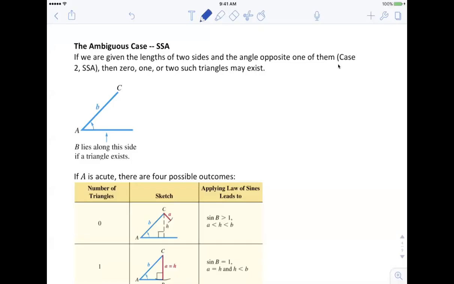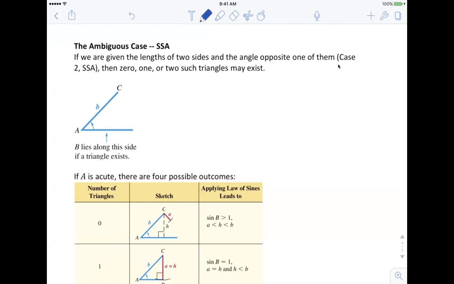Hey everyone, let's continue with 8.1. This is page 4. We get to what's called the ambiguous case. It's the SSA. The reason it's called ambiguous is because if you're given that case, you could have 0, 1, or 2 possible triangles. The reason for that is if we look at one scenario, this is a scenario where